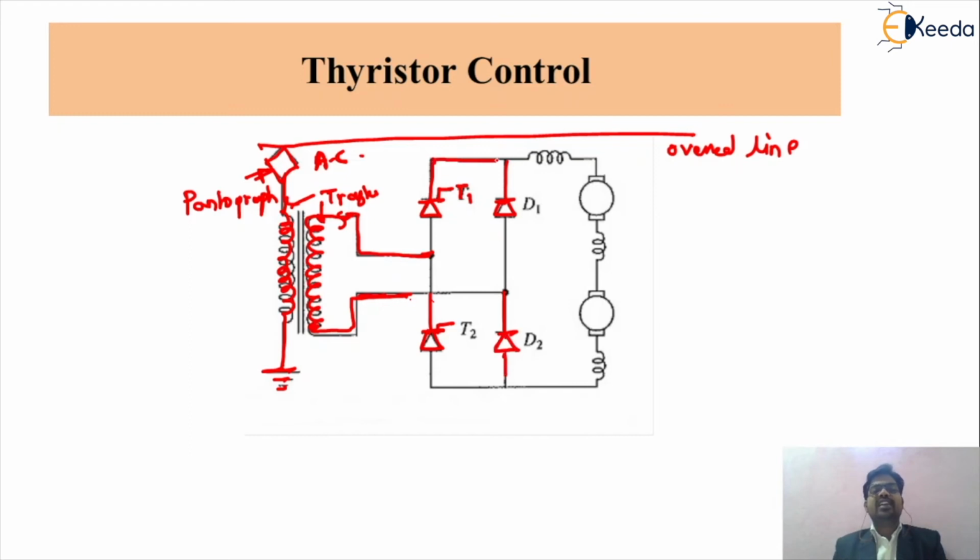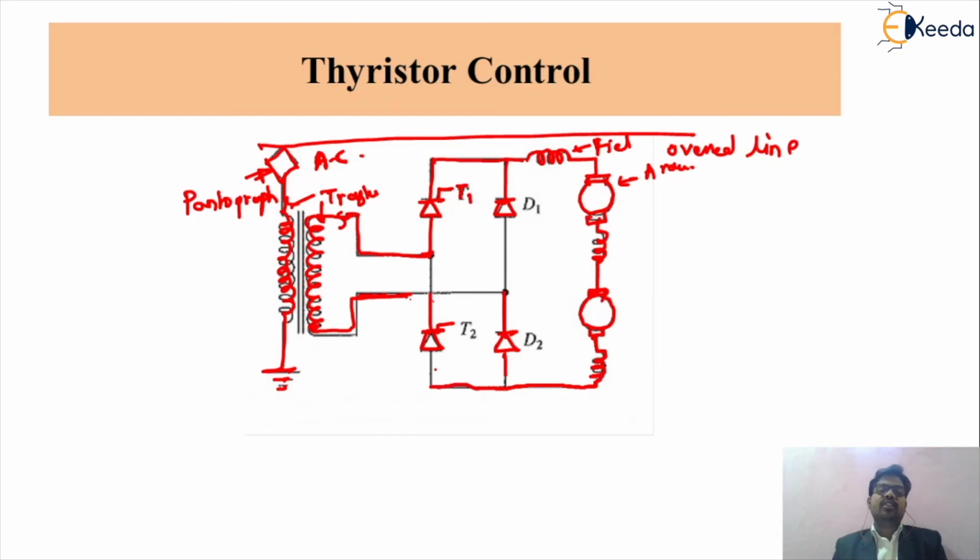These diodes are connected for freewheeling, as we call it, the circulating current in that particular circuit. This is a series winding, and to the series winding we are connecting a DC series motor. Why do we call it a DC series motor? This is the field winding, this is the armature. The armature is connected in series, so it is called the series motor that we are preferring. As shown in the figure, we are connecting a DC series motor in a series winding, so obviously we have a limited speed range to control.